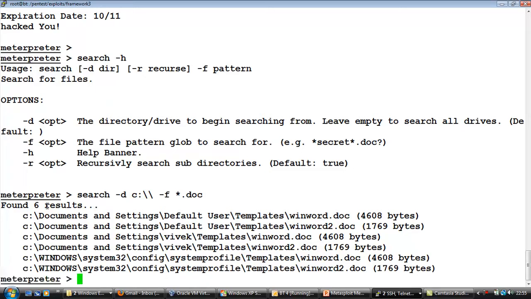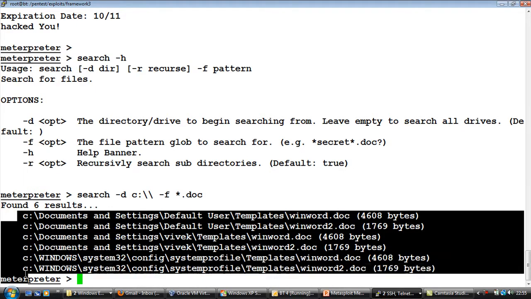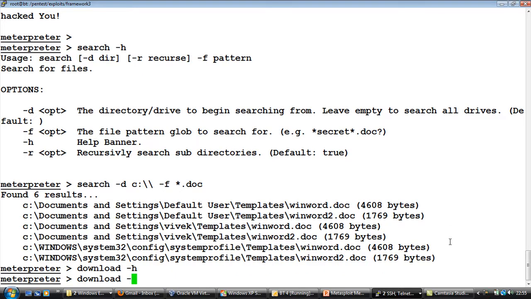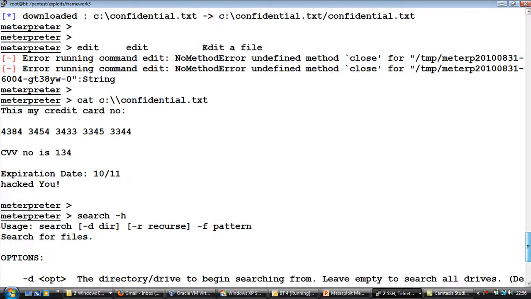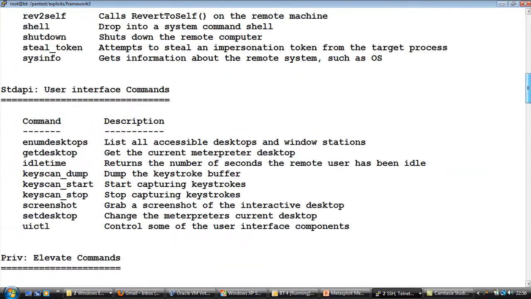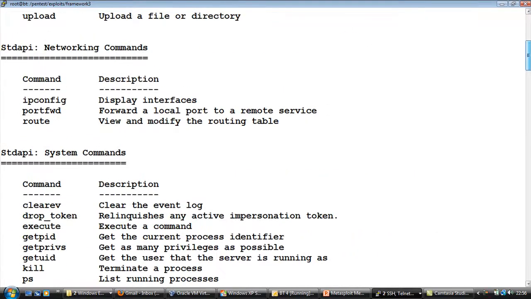Now it is searching for all doc files on the entire system beginning at C drive. So if you notice, these are all the doc files available on the remote system. Now very simply, I can go ahead and use the download command to download these files, right? So as you notice, Metasploit is giving you a lot of flexibility to do various tasks, which, as you can imagine, with just a shell you would have had a very tough time doing,